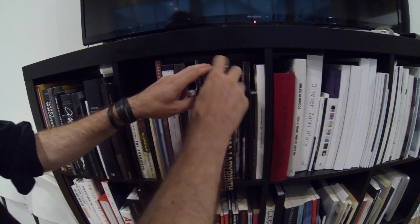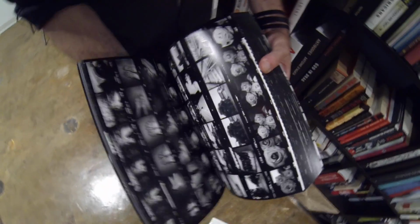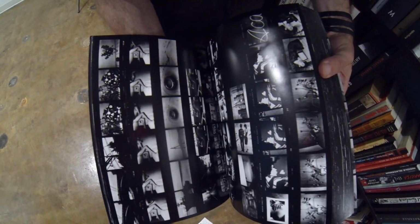Okay, we'll go into this one. So this is Labyrinth. So tell us about the book. Daido Moriyama's Labyrinth is a series of his contact sheets. Essentially. So we picked this up, and it's essentially